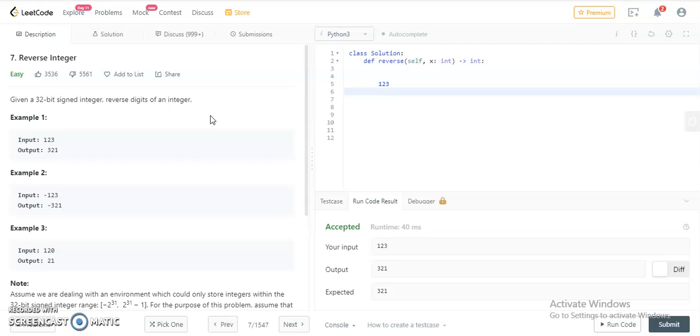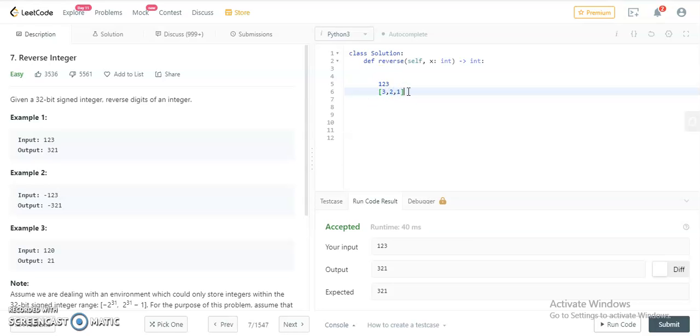Given an integer 123, we'll try to get our digits from the end. If I divide 123 by 10, the remainder is 3, which I store in an array. Then the remaining would be 12, and if I divide it by 10, the remainder will be 2, and the rest, 1, would be the remainder, right?